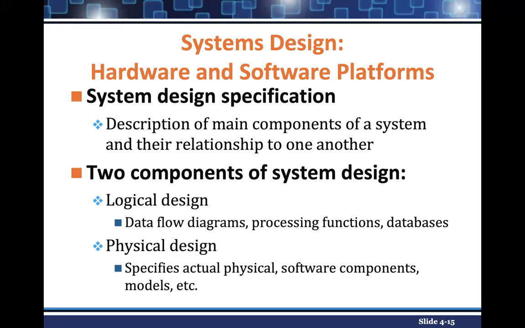Two components of system design: we need to have logical design and physical design. For logical design, as we studied in interaction design, we prepare the data flow diagrams, processing functions or databases, or you may use UML to help. For physical design, we have to specify the physical software components and models, and the hardware that you have to use, including